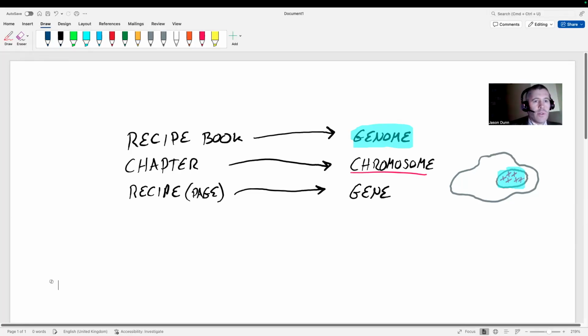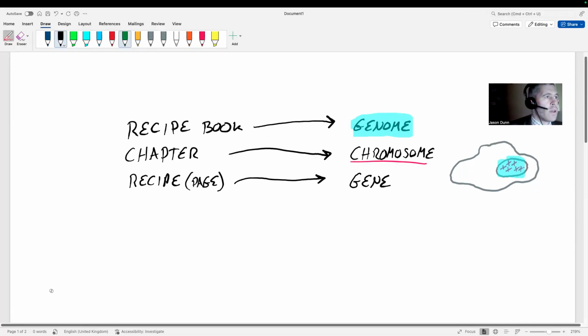If we were to look in a bit more detail at these chromosomes, you'd find actually that it's not a little X. It's actually made up of lots and lots and lots of this polymer, DNA, right? So I'm going to sort of do it like this.